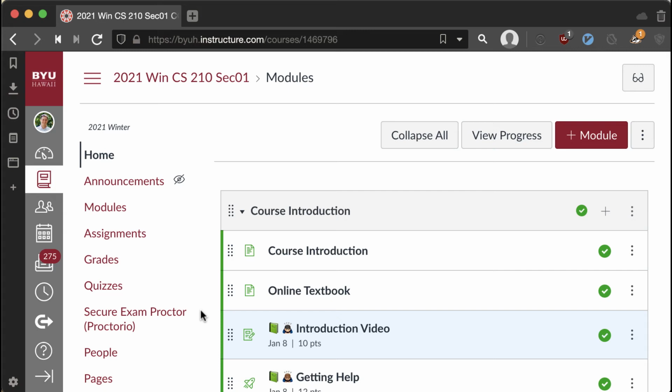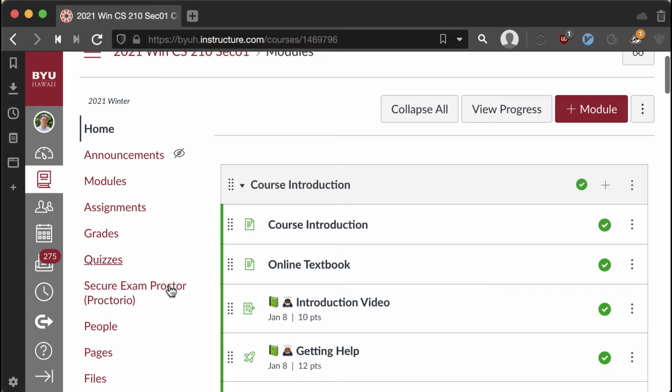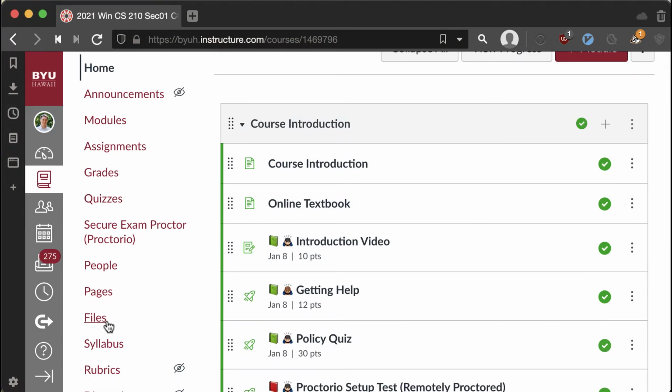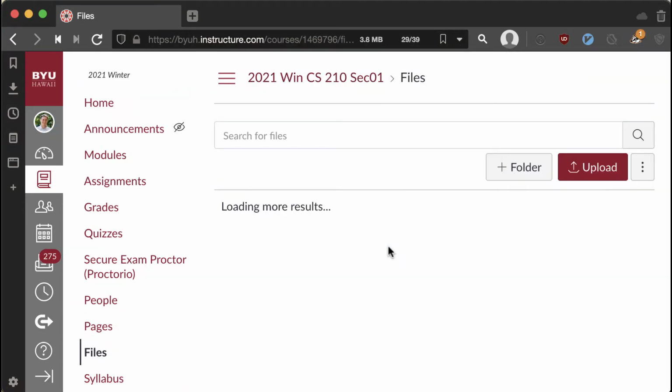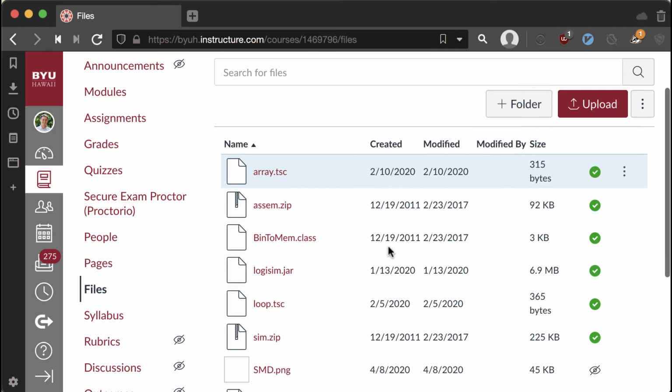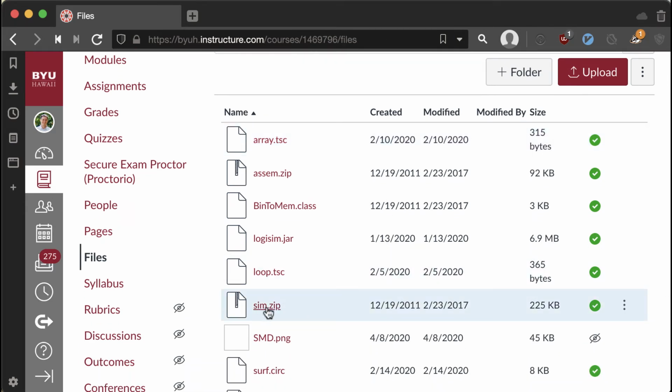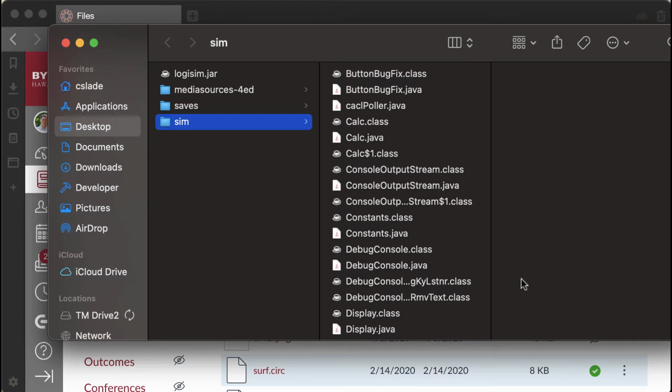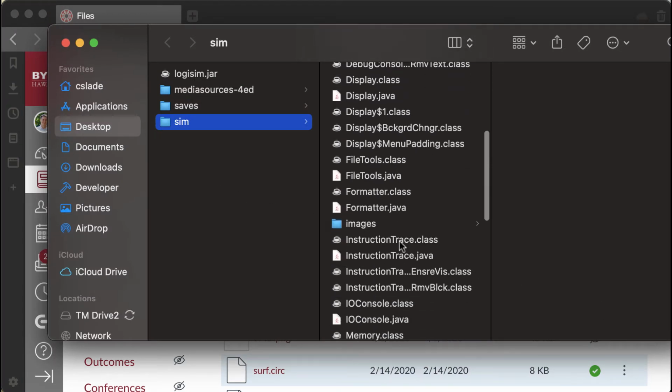Welcome to the CS210 video where we're going to discuss the Loader Lab. The first thing you need to do is download the simulator. You can find that in the files, and there's also a link to this on the Loader Lab itself. Go ahead and download this zip file right here, put it on your desktop or somewhere where you know, and unzip it. Now I've put mine on my desktop and I've unzipped it so I have all of these